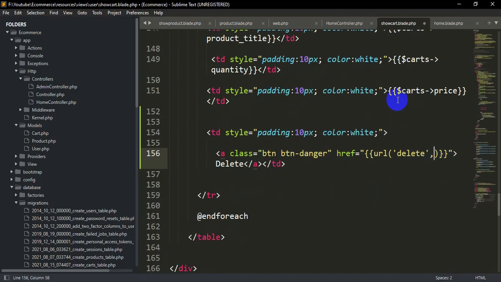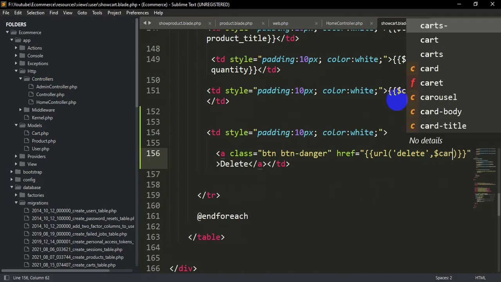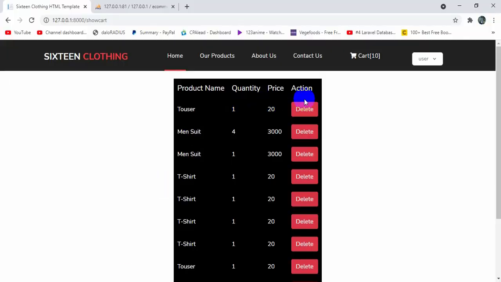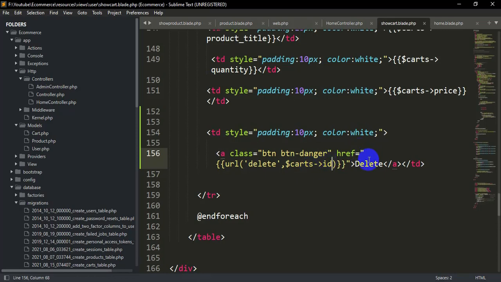So we say $carts->id. Now if someone clicks this button, our project will be able to get the ID of this specific row.